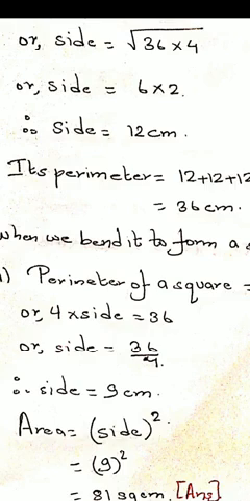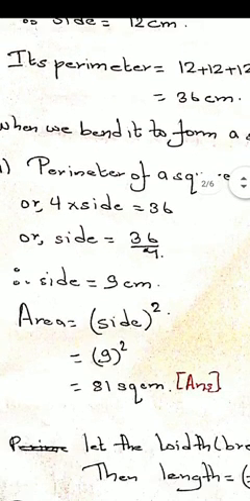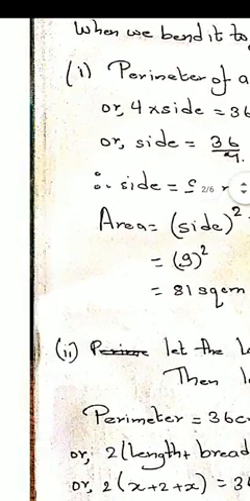So I have found the side of a square, and we want to find the area, and we know area is nothing but side square, which happens to be 9 square equals 81 square centimeter. So we have achieved our first goal, that is finding the area of the square. Now let us try to go to the next